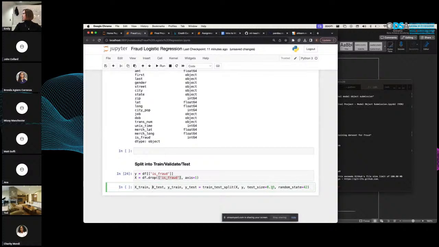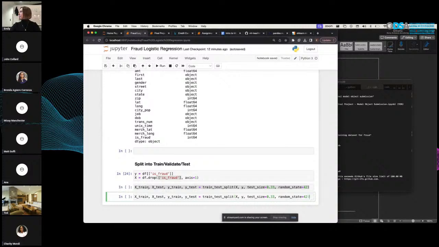And in this case, we're doing test size equals 0.33. That's probably fine. We're actually going to do a train test validate split. So I'm going to leave that as the test set, but I'm going to call this X train validate, and this Y train validate. I'm going to pass down here X train validate and Y train validate. And arbitrarily, I'm just going to change this to 20%. I'm going to make it a smaller portion of the data set.